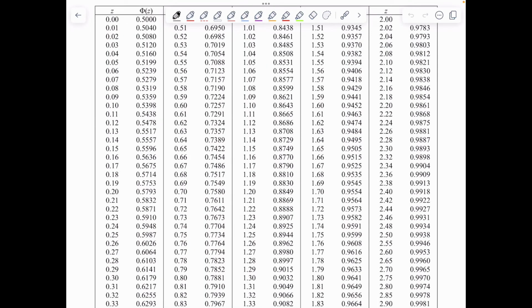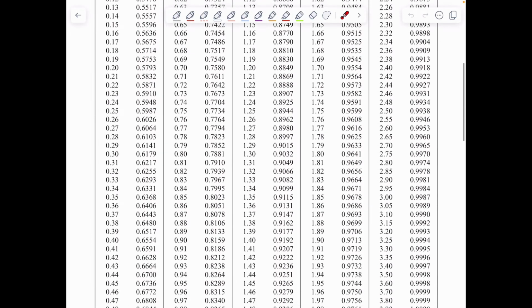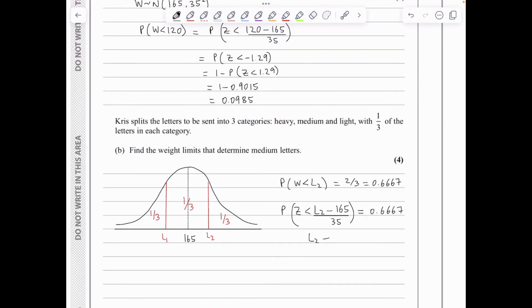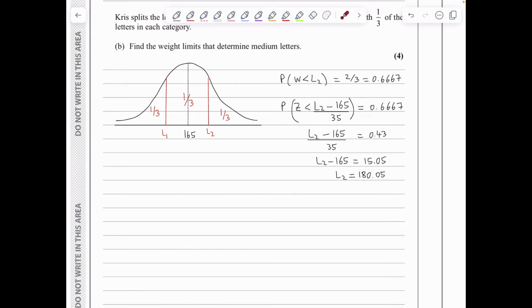So going into the table of values once more, I'm looking into the probabilities and I want to find the value that's closest to 0.6667, and it's 0.43, which means that (L2 minus 165) over 35 should be equal to 0.43. Well, I can cross multiply to get L2 minus 165 is equal to 15.05, and therefore L2 is 180.05. Now to find L1, I could follow a similar approach that we did for L2, or I could simply employ symmetry,